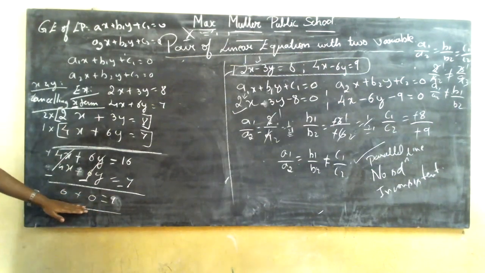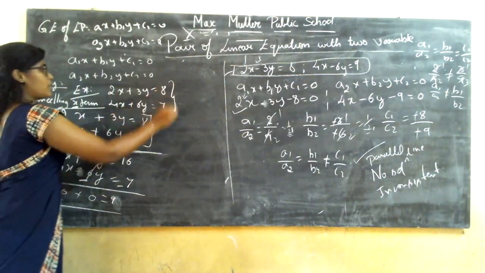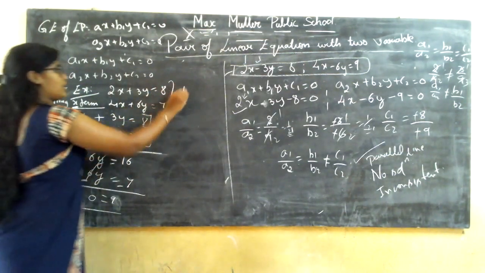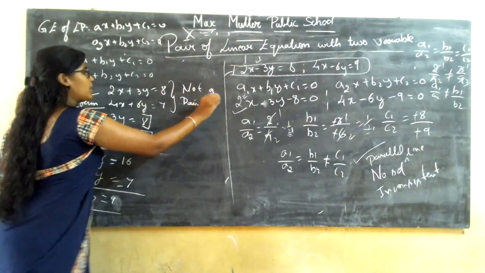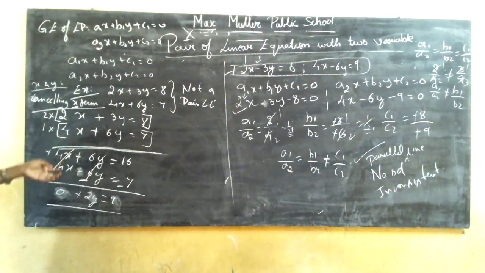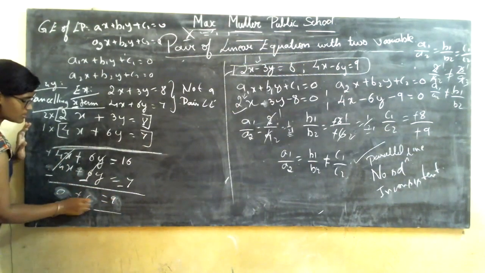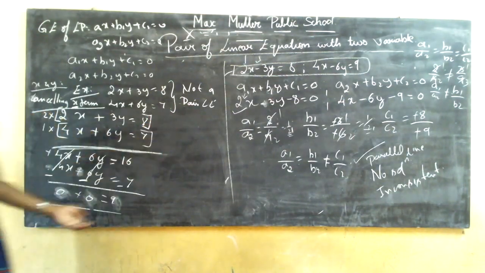This is not satisfying the elimination method. This equation is not giving the elimination method. So what is the conclusion you are going to say? The given pair of linear equations is not a pair of linear equations. You are saying not a pair of linear equations. Clear? If you had got here at least 2x plus 0 is equal to 9, or 0 plus 2y is equal to 9, then you would have found out the y term and the x term. But here both x and y values are 0. If they are 0, then you are going to say it is not a pair of linear equations. You cannot find the value of x and y.